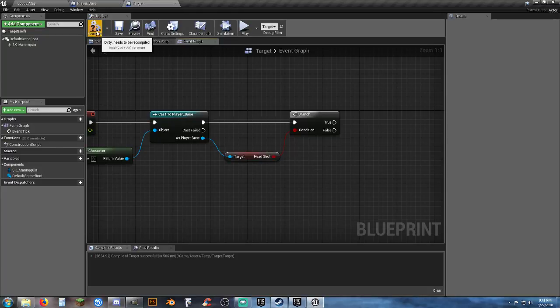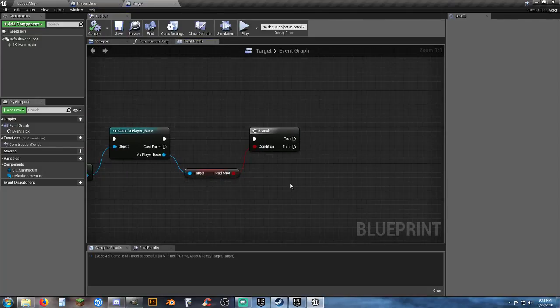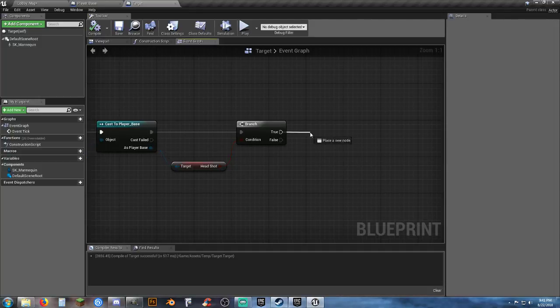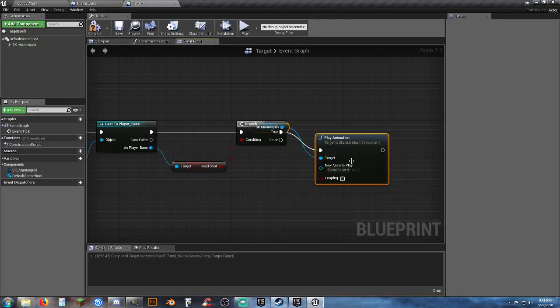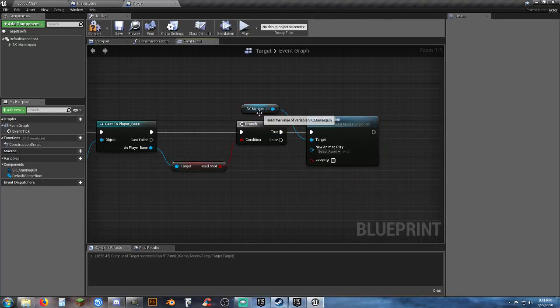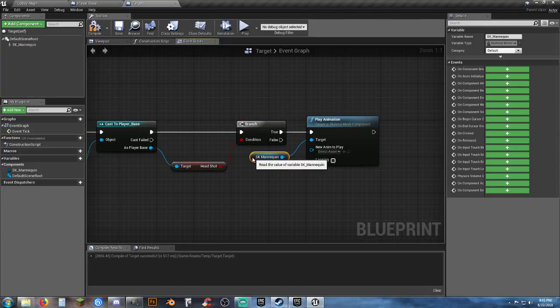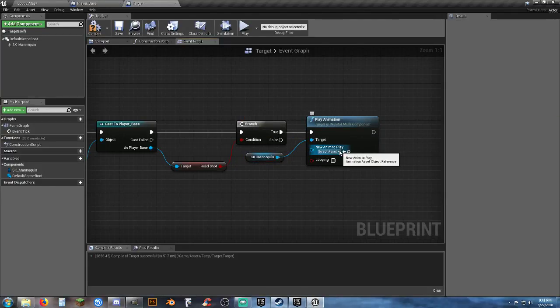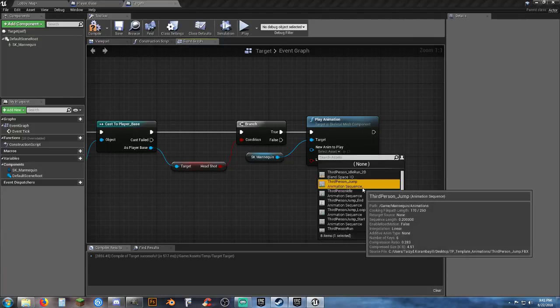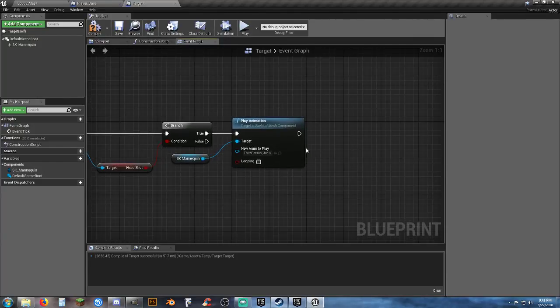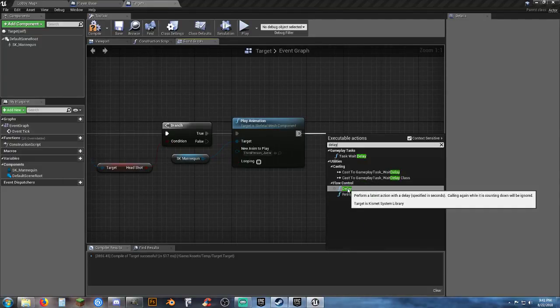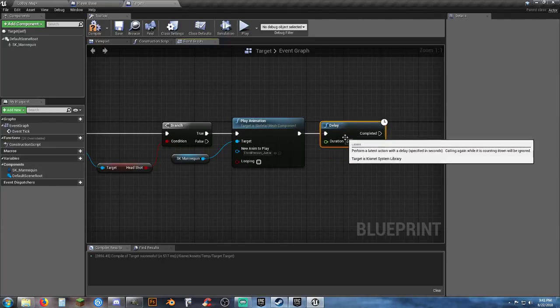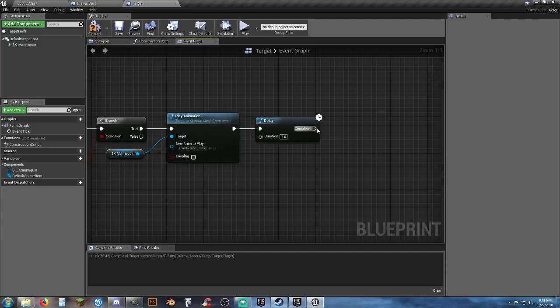For now, just so we can see that it's working, because I'm liable to screw something up because I'm shooting this from the hip. Play animation. And let's drag that back down there because I'm weird like that. And the animation that I want to play is third person jump. Then let's add in a delay of 1 second